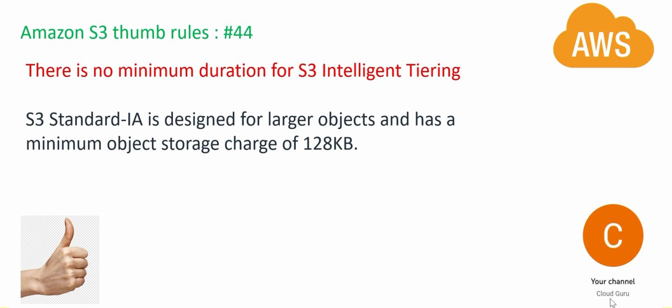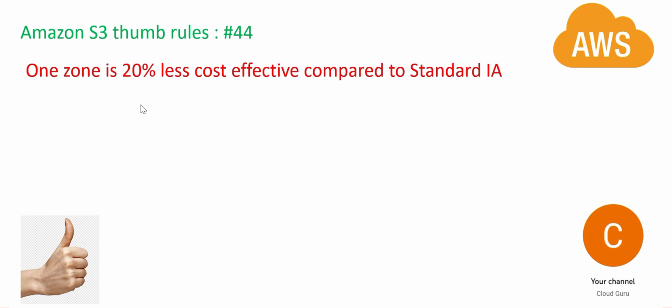That's why I'm saying best practices. For the first move from on-premises to S3, use S3 Intelligent-Tiering. Let its AI-based mechanism decide which storage class to use where. Do it for 2-3 months. After 2-3 months, take control yourself for any future incremental files. Now, One Zone is 20% less costly compared to Standard IA, because One Zone keeps your data in only one availability zone. Standard IA keeps your data in 3 availability zones. That's why One Zone is cheap and Standard IA is relatively costly.